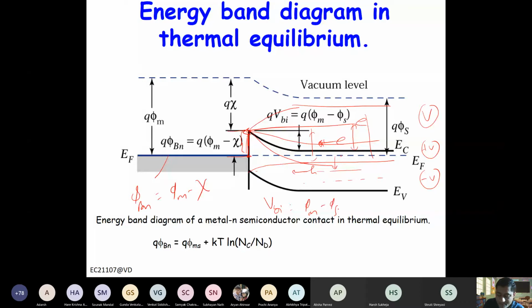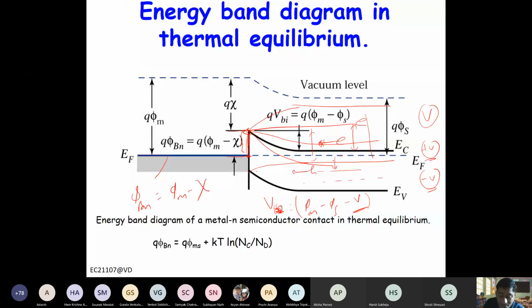And if you add a voltage here, if you apply plus V, so you are applying positive voltage to the n side. So it is basically reverse bias. If you apply a negative voltage to the n side, it is a forward bias, right? So you can say it's minus V applied. So if V is forward bias, this barrier will reduce. So now we will not call it VBI, we will call it again a barrier basically. It's not the built-in potential, but the potential barrier for electrons.